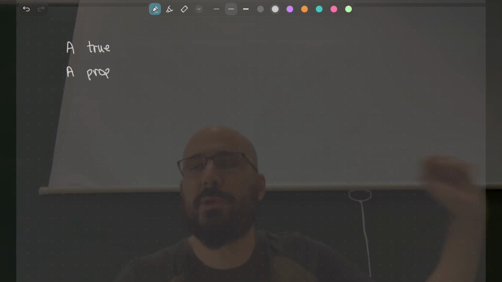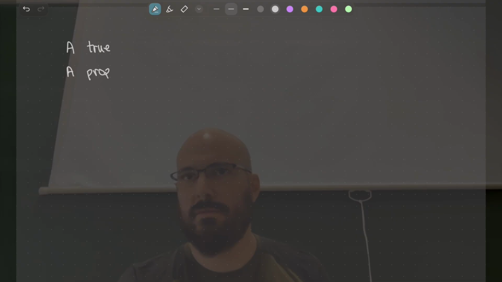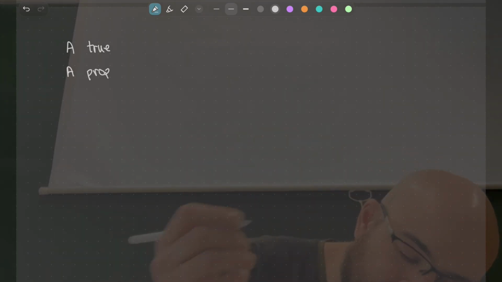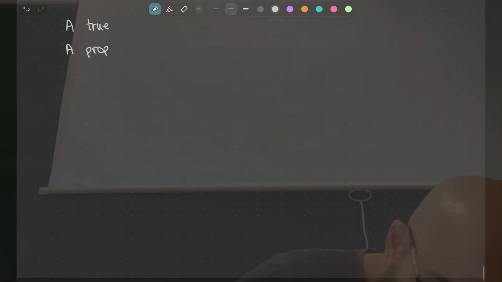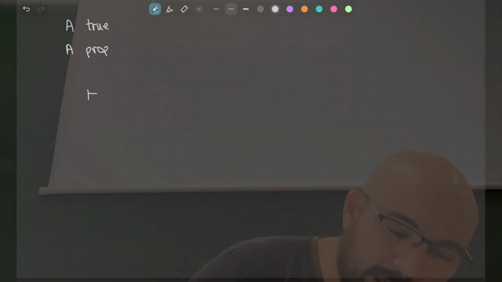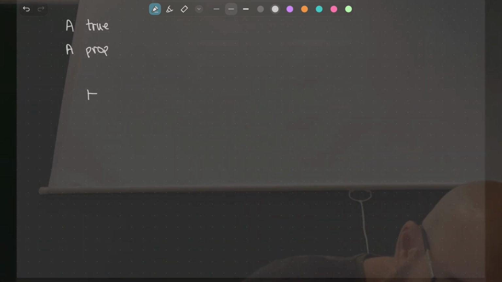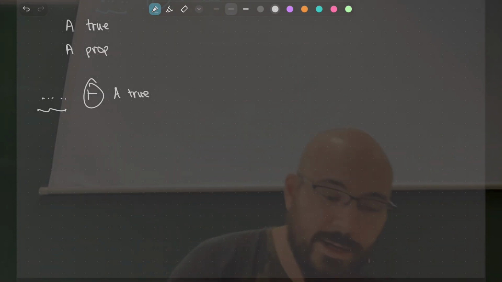A true means I have a proof of A, so forget truth tables, and A prop means A is a meaningful proposition. These are the only 2 judgments that I will have, and I will use this notation, which we have met already, called an entailment. When I write a bunch of things entails something, like A true, it means that from these judgments, I can infer that A true. I can build a proof of A.